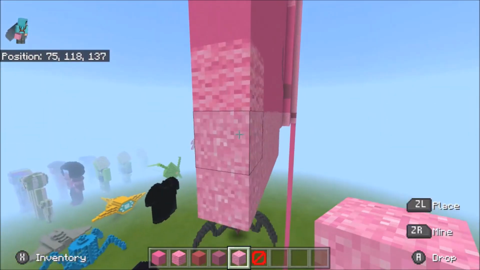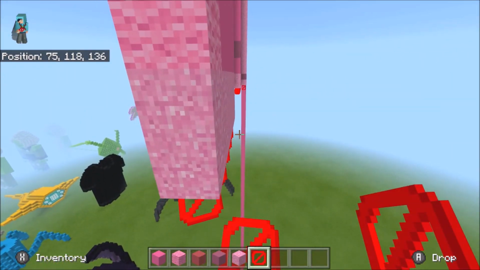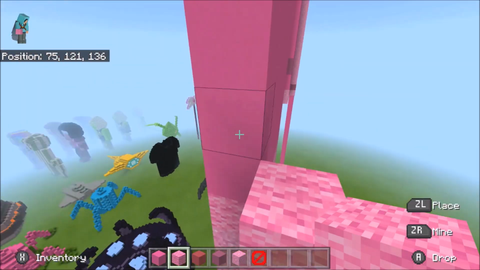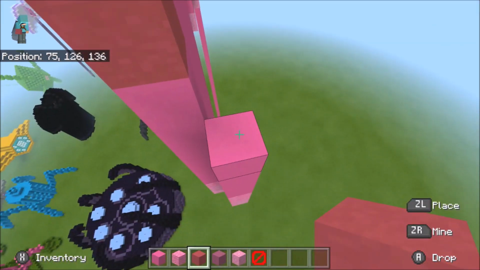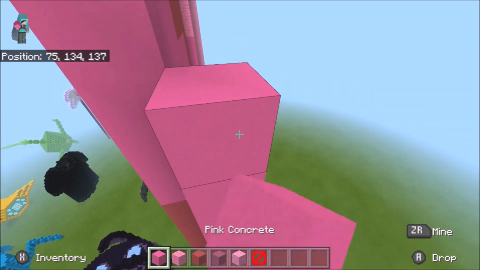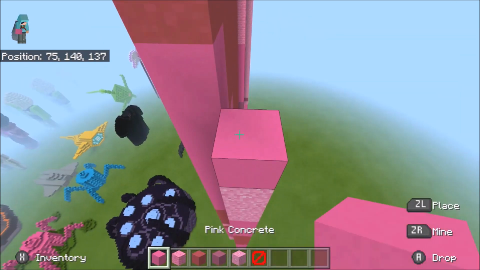Okay, next up, we're going to go ahead and come to the right one, and then do our 2 pink concrete powder as usual, 2 pink wool, let's see, yeah, then 4 pink concrete, take out our pink terracotta, and we're going to basically bring it down 1 from where we had it last time, and then we're going to do 4 pink concrete, 3 pink concrete powder, 3 pink concrete,